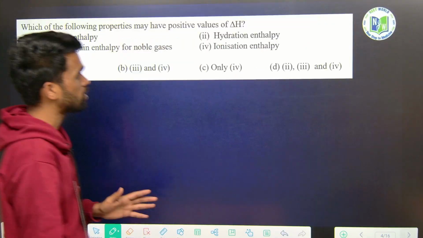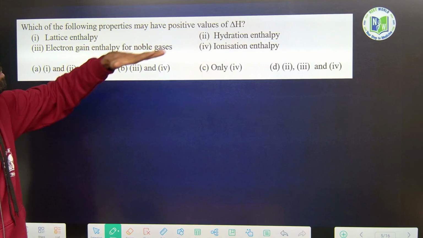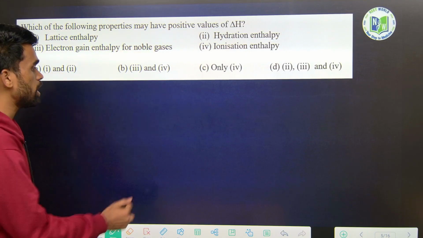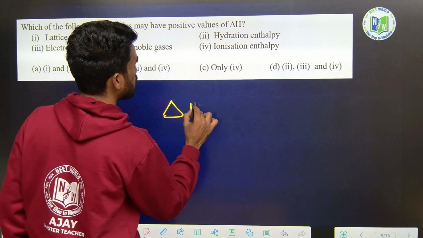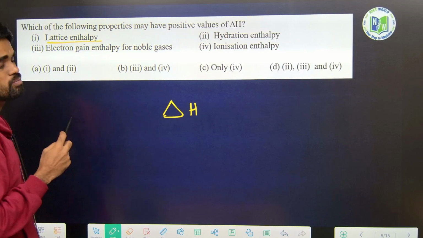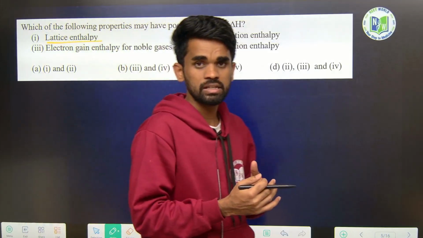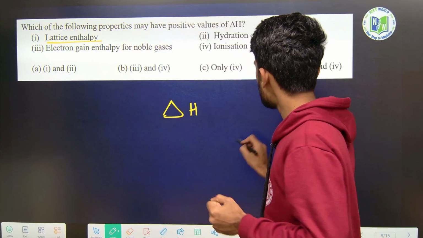Let us move forward with a few more questions. Which of the following properties may have positive value of delta H? So enthalpy will be positive in which of these properties they are saying? See, lattice energy, what do we mean by lattice energy? The amount of energy released when 1 mole of ionic